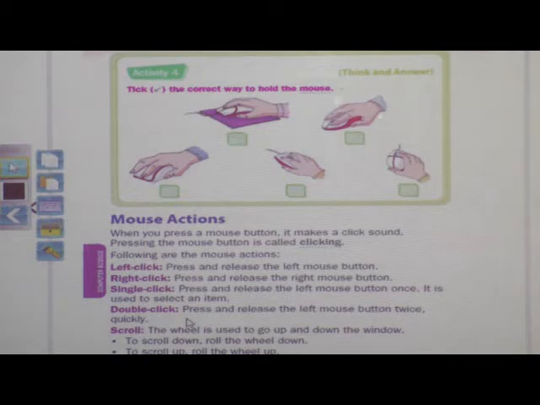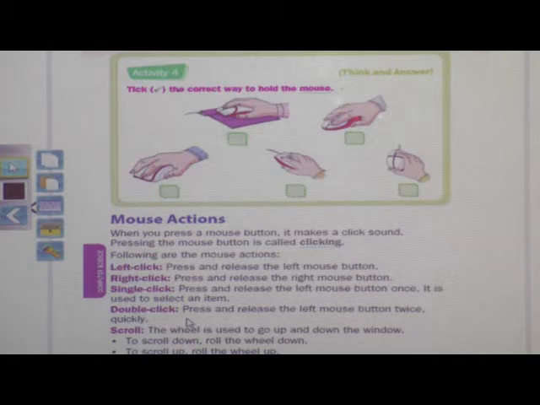Double click is to press and release the left mouse button twice quickly. When someone instructs you to double click, you have to press it twice, very quickly. Next, the scroll. What is the scroll?